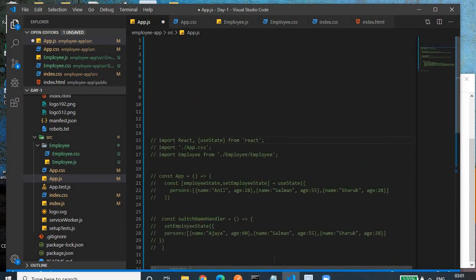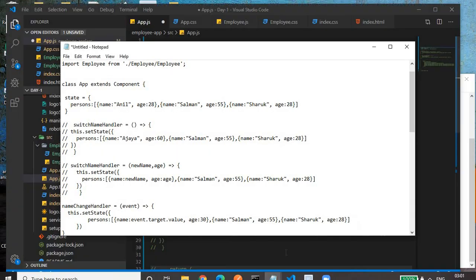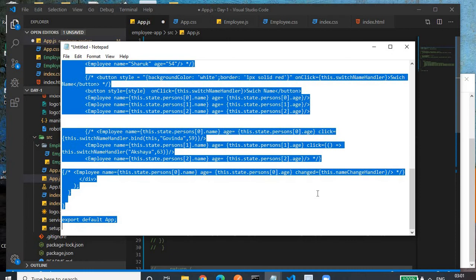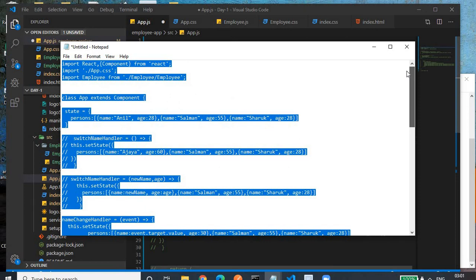In my application, I always prefer the class based approach of creating components, because it's an established way. This is the older way which has been established, and most applications use this class based approach of creating components rather than the functional approach, because the functional approach is still not stable yet, and the class based approach is a stable version.